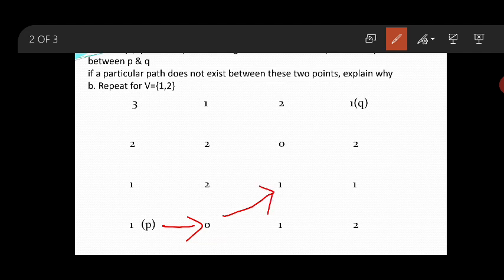Which are the adjacent pixels for this one? 0, 2. Anyway, it is a diagonal value. This one is also adjacent, but you can't go here, because if you go there, you'll hang up. So what can you do here? What are the adjacent pixels for this one? 2, 0 and 1. This one, 1.